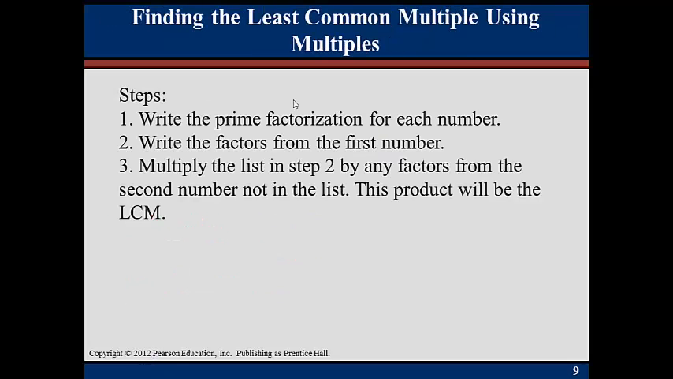Now we're going to look at how to find the LCM, which is the least common multiple. Sometimes the least common multiple is referred to as the least common denominator, which is the LCD. In step 1, you're going to start by writing the prime factorization for each number. So let's say we had an example to look at. Let's say we're finding the LCM